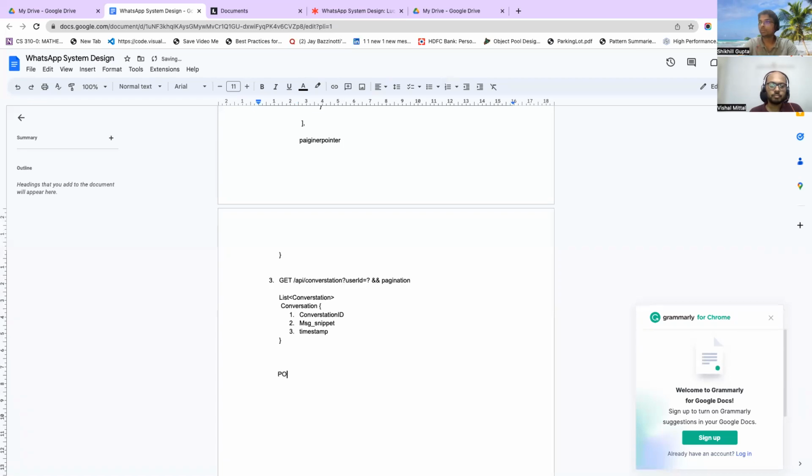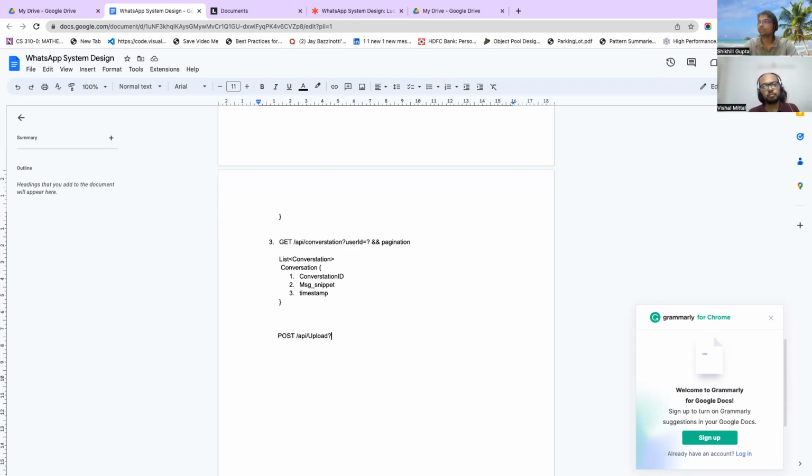Now there's another API call we would need, a post API, upload. So this should upload the media for you, and basically it should have a body. That's a very standard process for how to upload the media. You just have the byte array stream, and you would have the body for it, where you would copy the bytes. Basically, your WhatsApp client should be able to do that job for you, right? And the post upload should return you the response, something like,